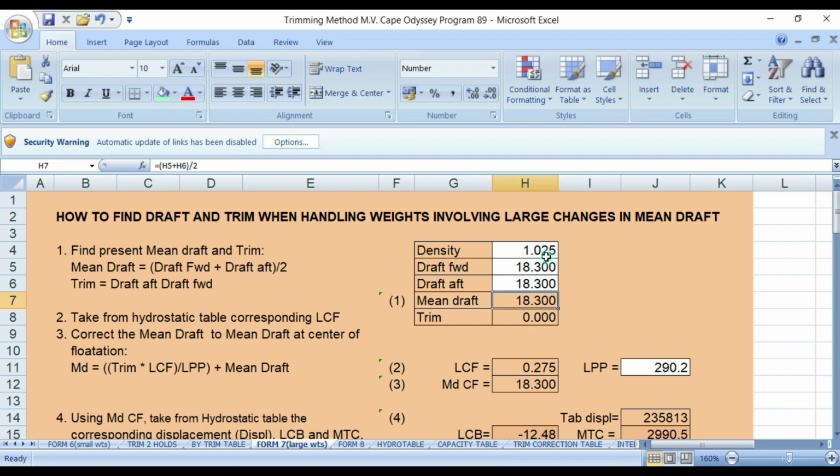So this is now the salt water. What is the displacement of a draft of 18.23?